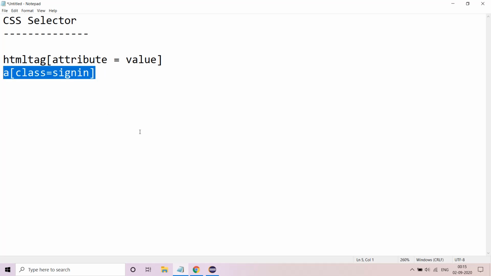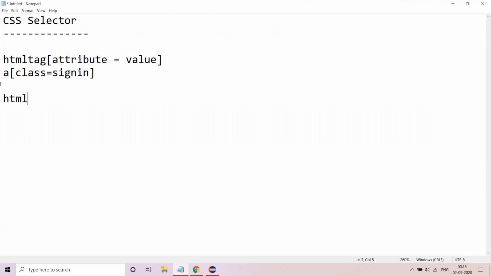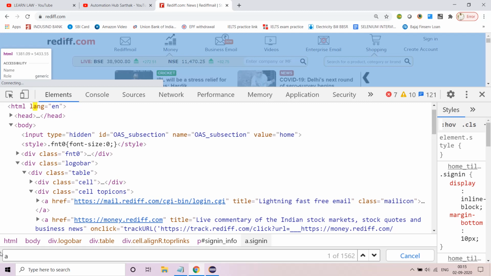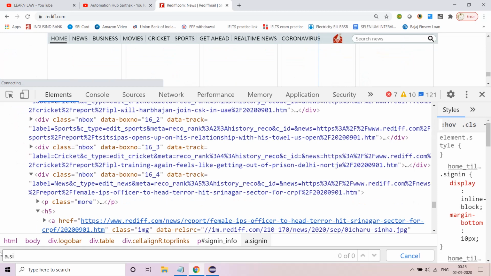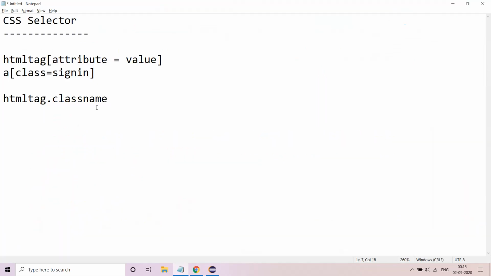Now in case there is a class attribute, you can also use the syntax HTML tag dot class name. So this should work absolutely fine. So here instead of a class sign in, we can write a, which is the HTML tag, dot sign in. So this will also be a CSS selector. There is also a provision wherein you need not write HTML tag dot class name.